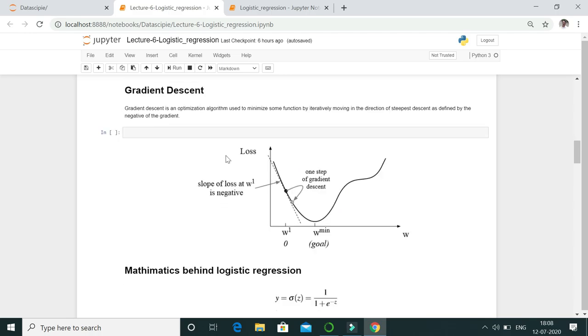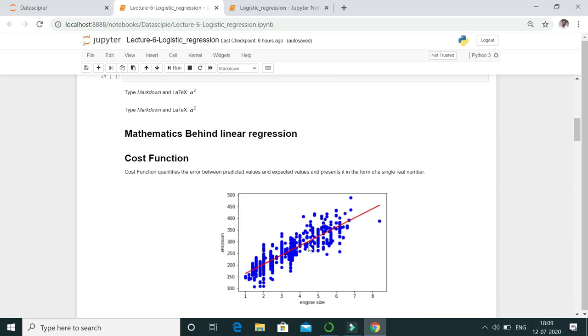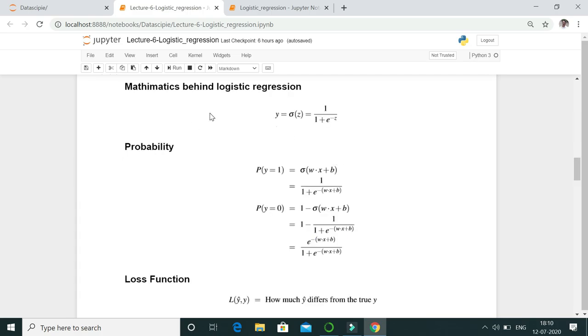To find the lowest possible cost function, we utilize gradient descent, where we iteratively check the weight at which the cost function value is minimum. Basically, gradient descent is the partial derivative of the cost function. So to find the perfect value of this slope, we first utilize gradient descent, then find the cost function, and from that cost function we find our slope. That's the mathematics behind linear regression. Similar to linear regression, we have to formulate our gradient descent and cost function.